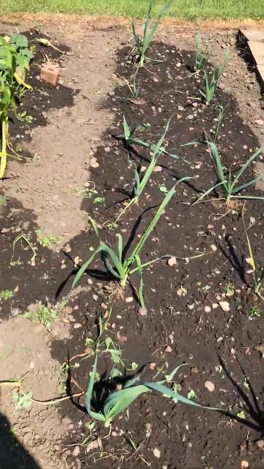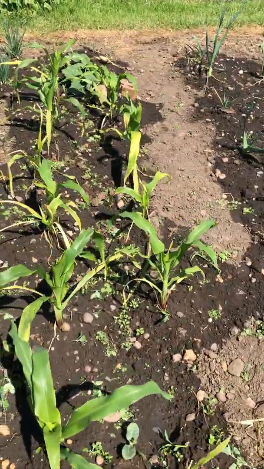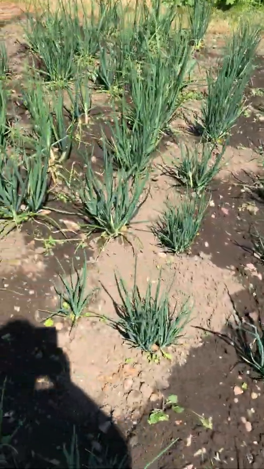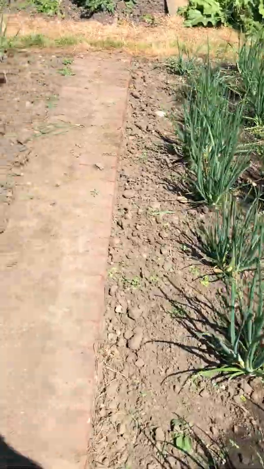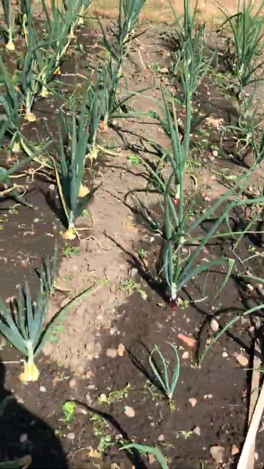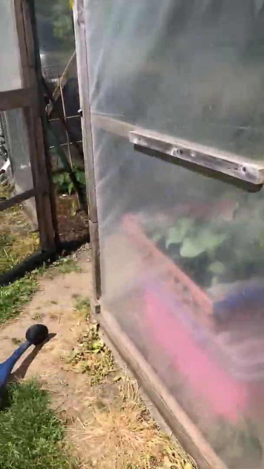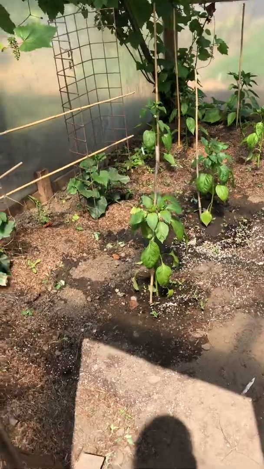Leeks, and then sweet corn, and we've got some squash growing in there as well. Those are shallots, and that's shallot. Then red onions and giant white onions. And then we're coming to the first polyframe here. It's warm in here. So we've got